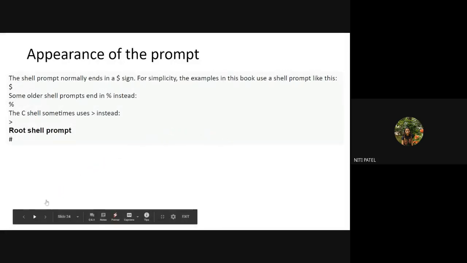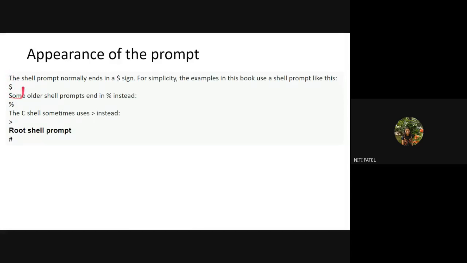We have a shell for a user, which is called the bash shell, which looks like dollar. Then older computers had another type of shell which looks like percentage. Then we have one more shell called C shell. The symbol for it is this arrow.